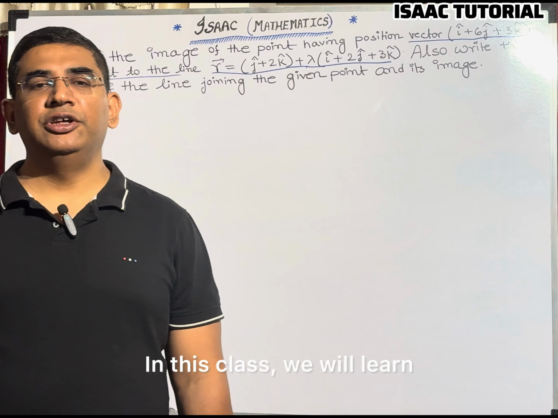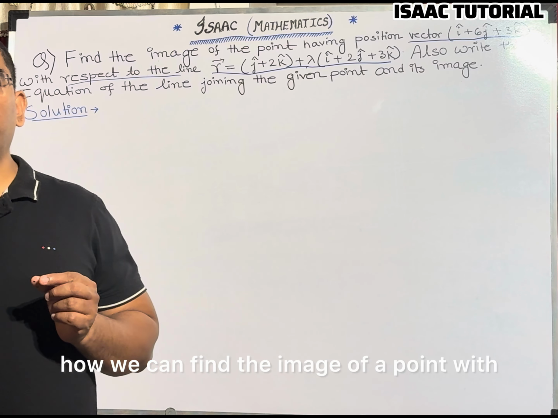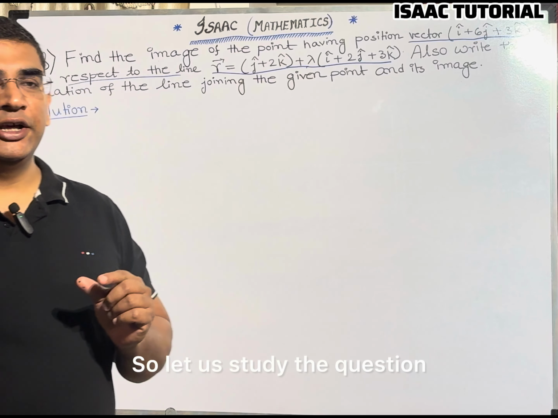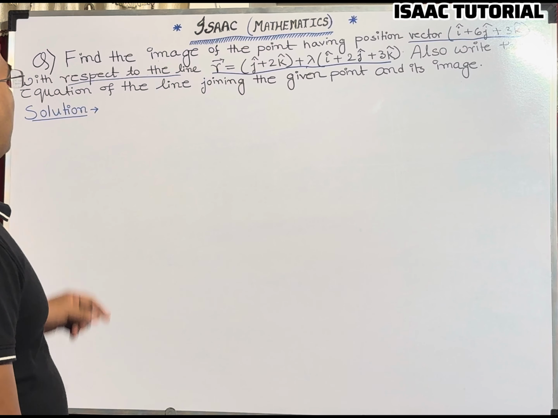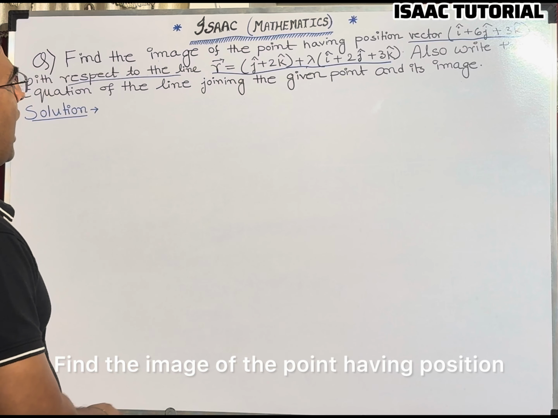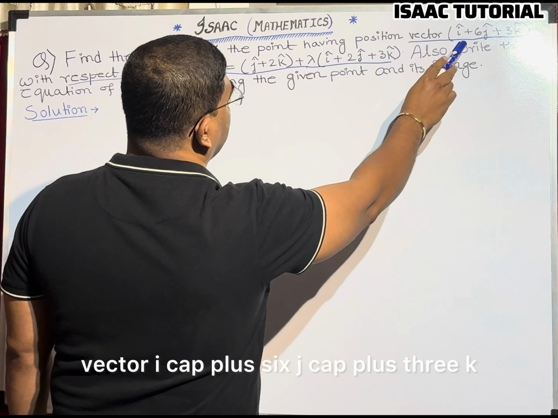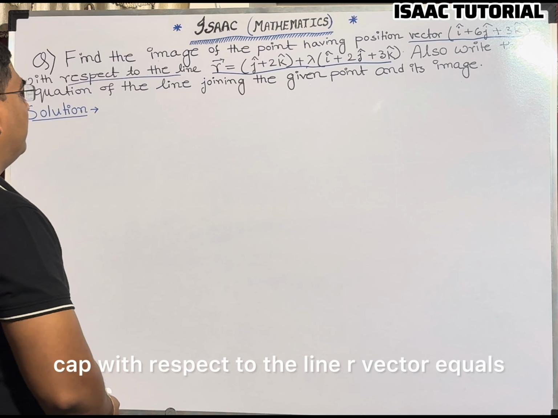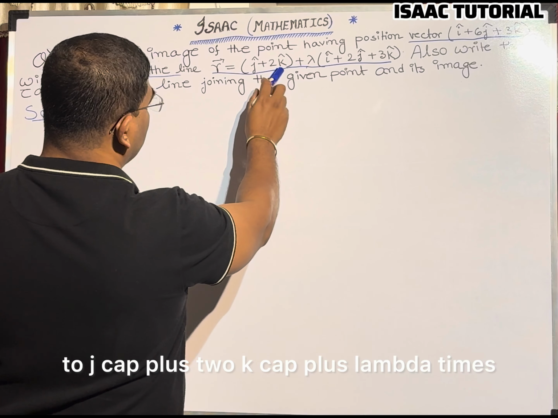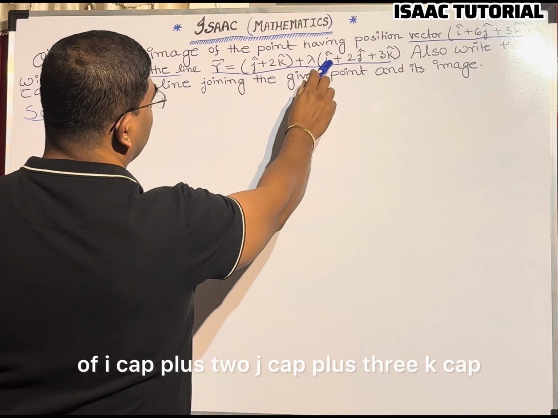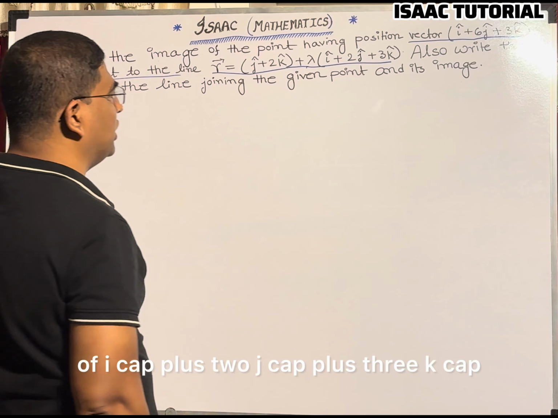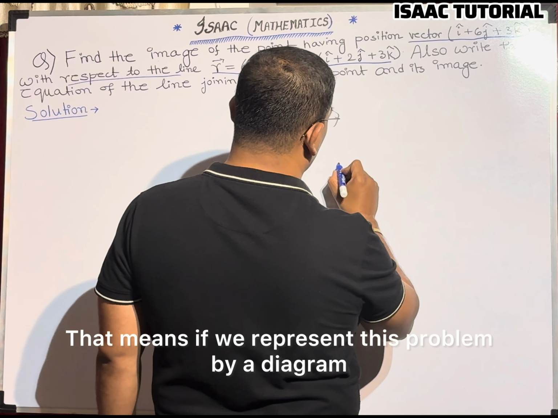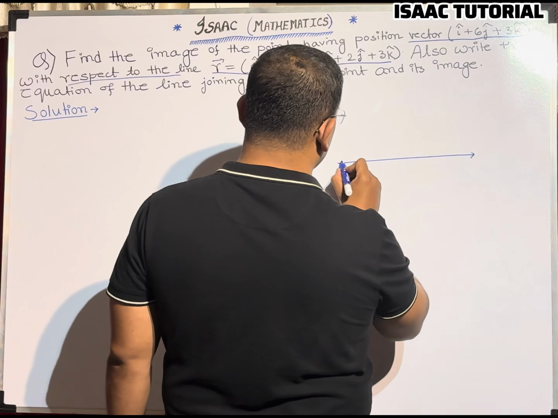Hello students, in this class we will learn how we can find the image of a point with respect to a straight line. Okay, so let us study the question. Find the image of the point having position vector i cap plus 6j cap plus 3k cap with respect to the line r vector equals j cap plus 2k cap plus lambda times of i cap plus 2j cap plus 3k cap. Okay, that means if we represent this problem by a diagram, then